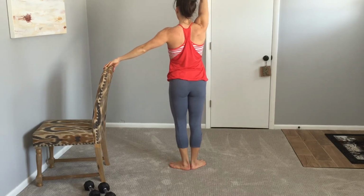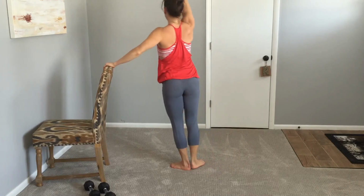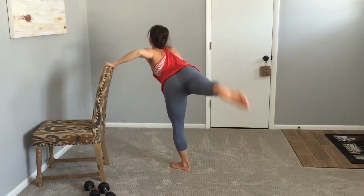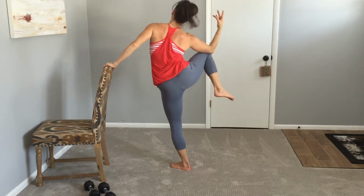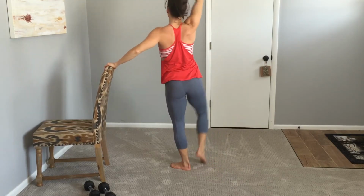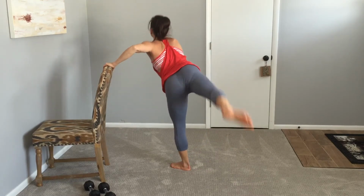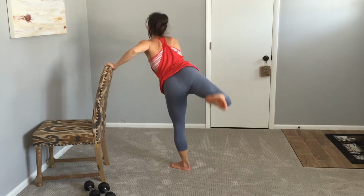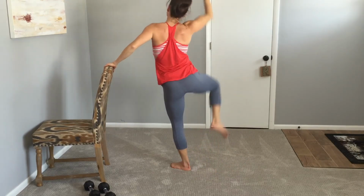Arm comes up over your head, reach it in, really use your obliques, extend out and up. 2, 3, 4. We're making things more fluid now. 5, 6, 7, 8. Last 8,